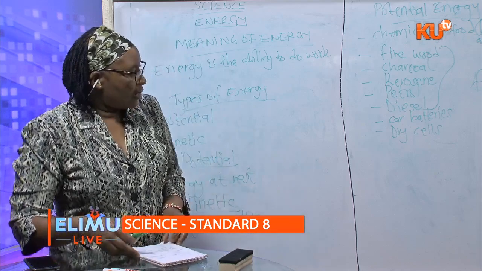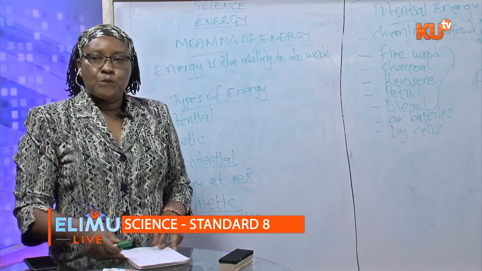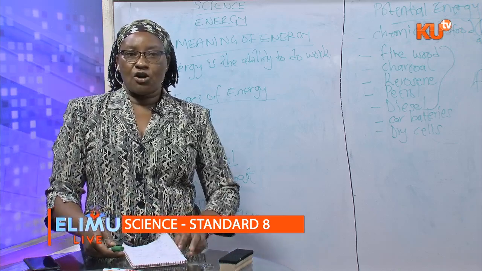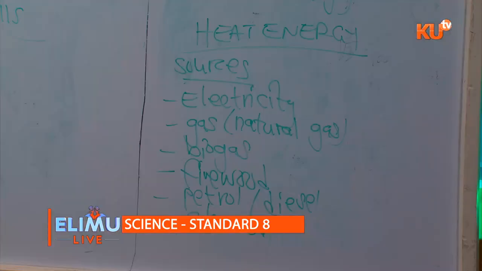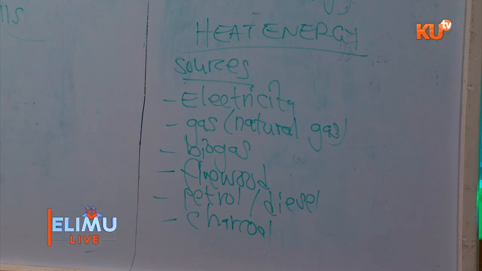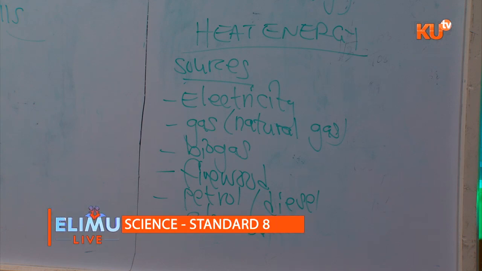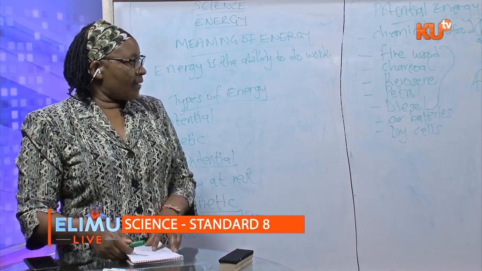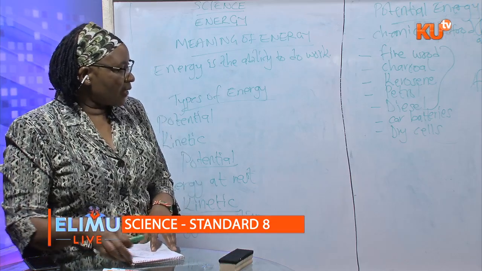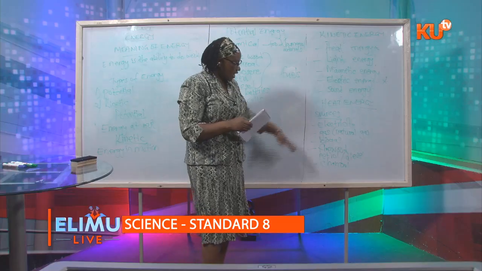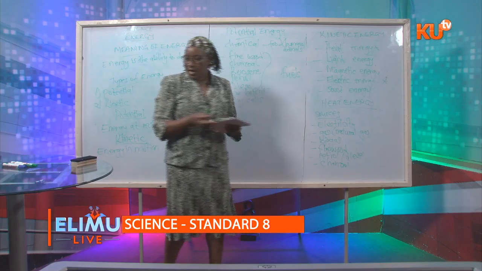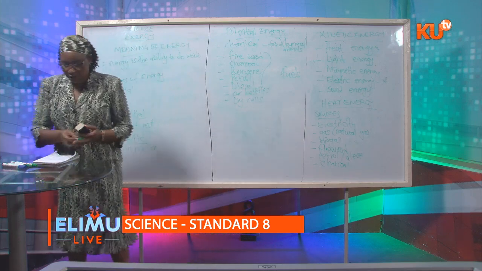So we also have electricity, maybe we have various things that give us electricity, as learned in class 7. We have generators, we have geothermal wells, and other sources of electricity. So we are only looking at what gives us heat energy, and we have outlined them there. So I move on to